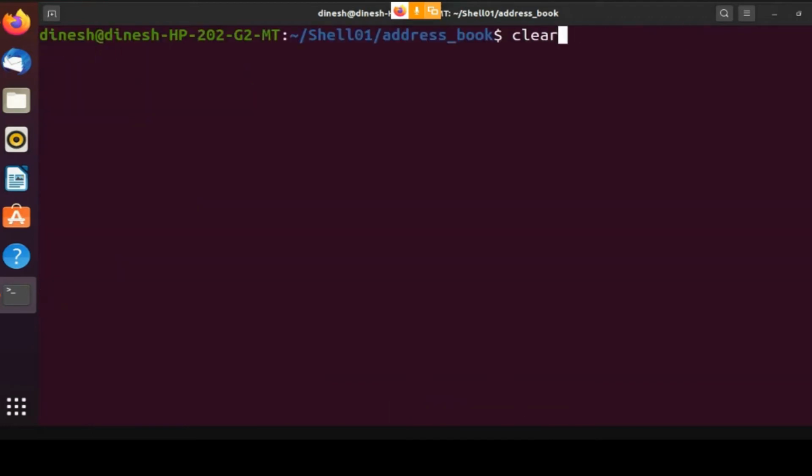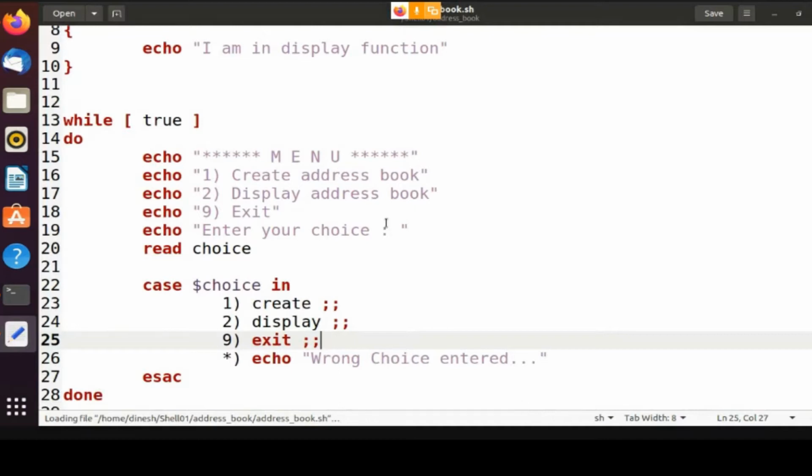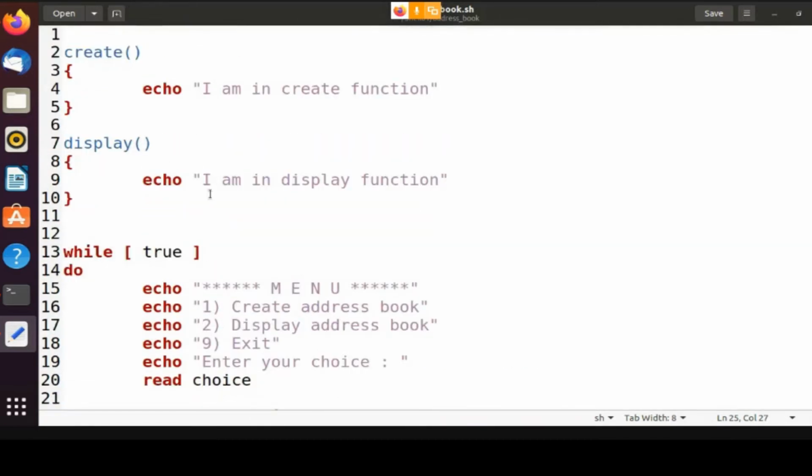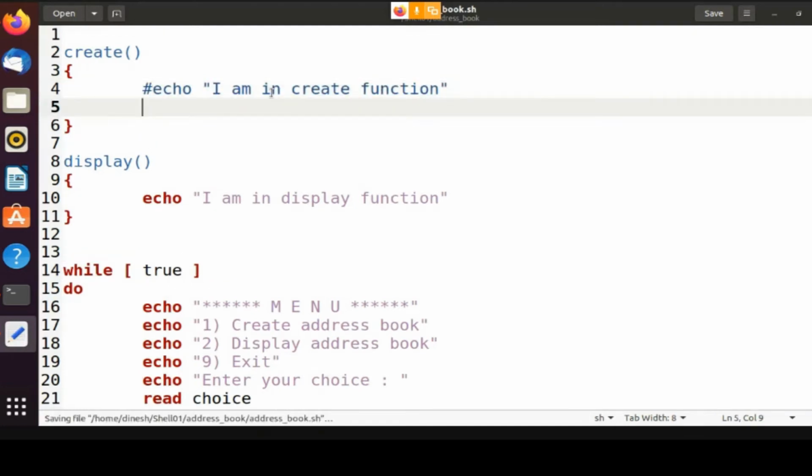Okay, now this is clearly set up. Now please pay attention. Now we are going to do the create address book. I'll just hide this, because we don't need this now, since we know it already. Now you come into the create function.